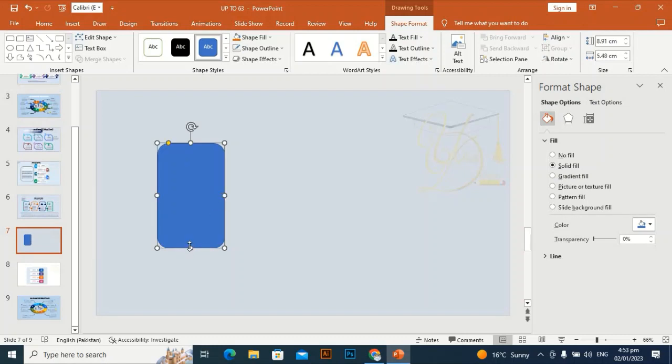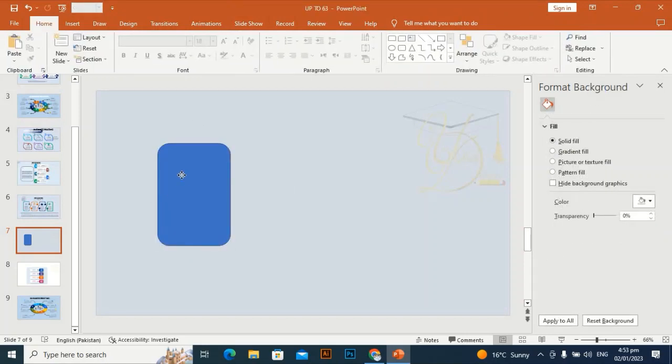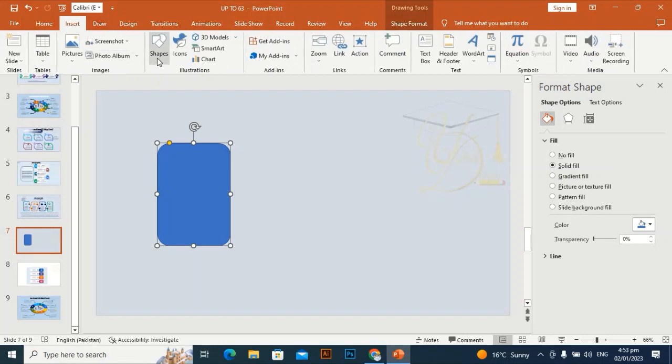Okay. Again, go to Insert, go to a rounded rectangle again and drag it here at the center of